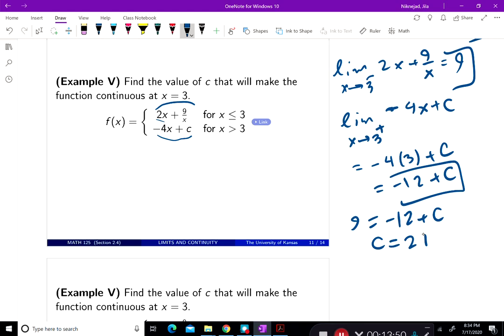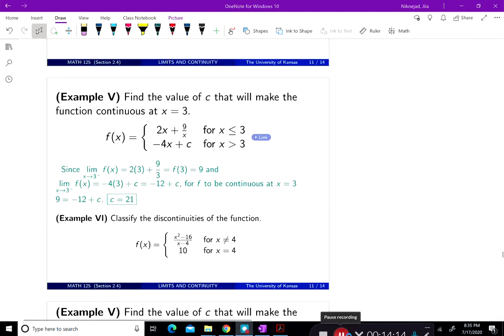And this is what we get from the definition of continuity as well. So if we want continuity at x equal to 3, that's the value that we have to use. And then for c equal to 21, the function is continuous everywhere but at x equal to 0. Example